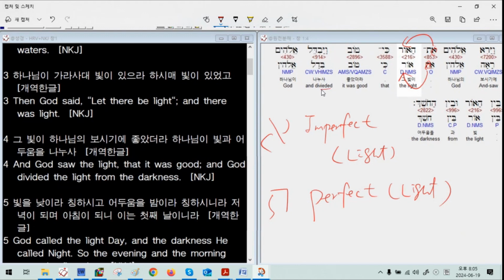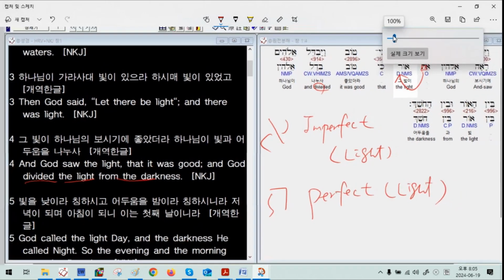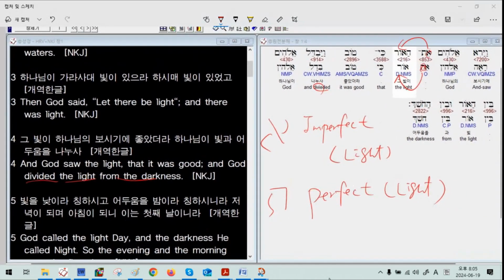And then here says divided, right? He divided. And here says divided light from the darkness. It's saying that way. This is an incorrect translation. Look at that. You see this word? This is pen. English does not translate it. And then same 996. The first one is the conjunction. And then pen, they did not translate it. And this is not even from. You see, this one is the same as this one, which is and. Then how can